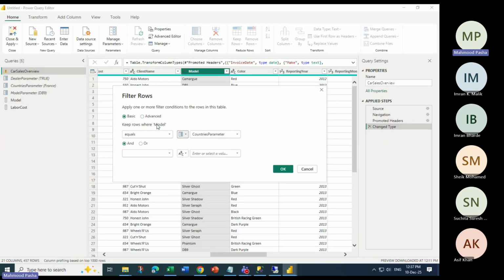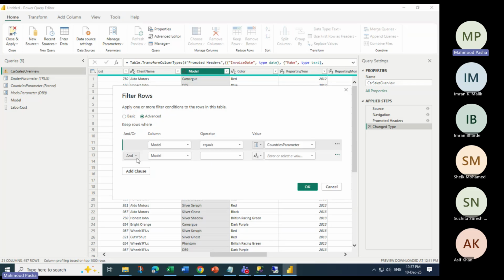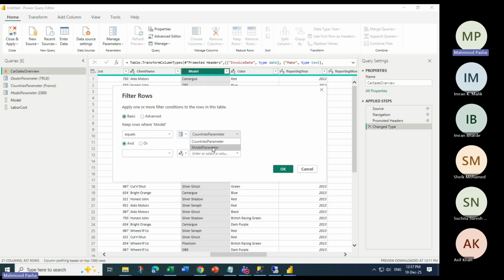If you select advanced, you may get multiple filters, multiple clauses. You can add them. I go to basic filter and I select the model parameter. In the model parameter, what is the default value? It is already showing here: DB9. Countries parameter, it is France. Dealer parameter is true or false, so it is a Boolean value. So check this one, do this one and just